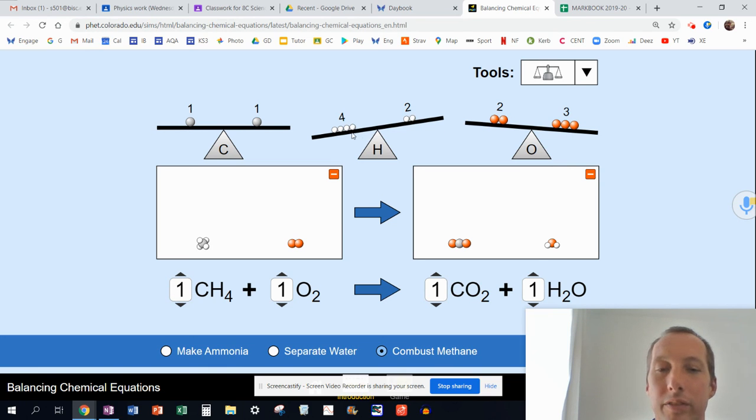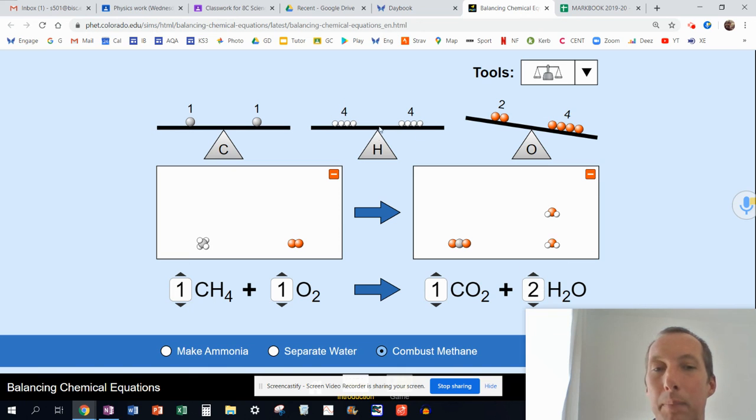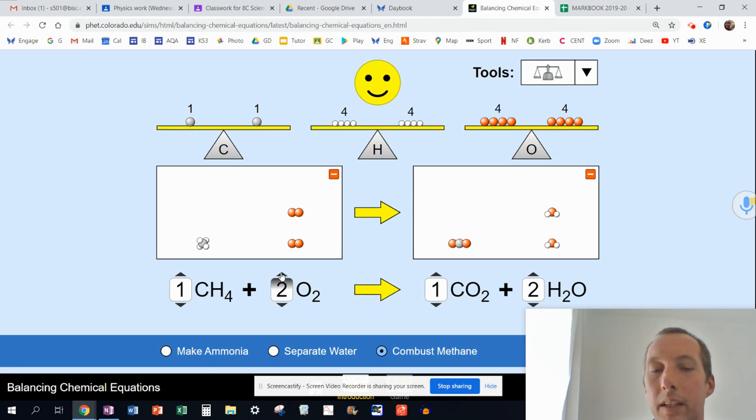So let's do the hydrogen first. So we need 2 more hydrogens afterwards. Well, there's 2 hydrogens in water, so if I add 1 more water molecule, that's balanced my hydrogen. But now I need 2 more oxygens to begin with because I've got 4 afterwards and I've got 2 at the start. Well, we can do that quite easily by clicking on the oxygen here, and we've got a balanced